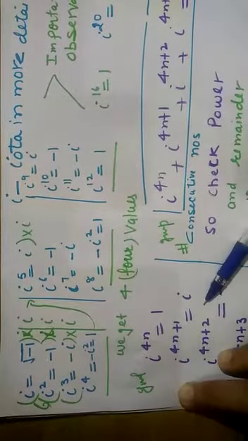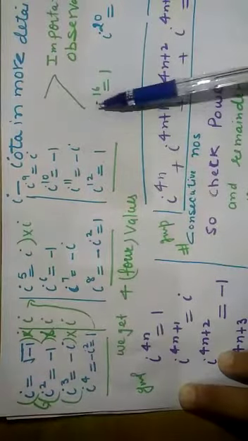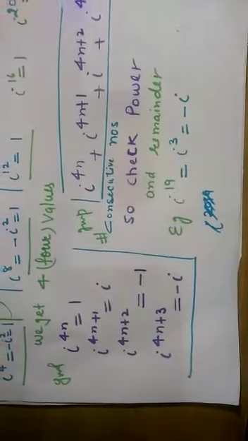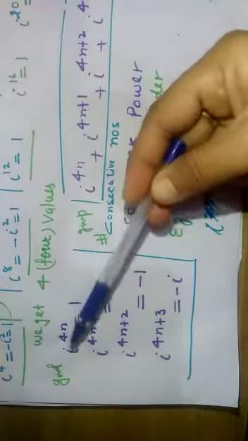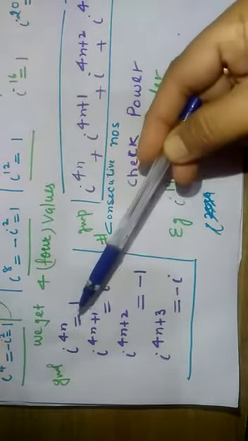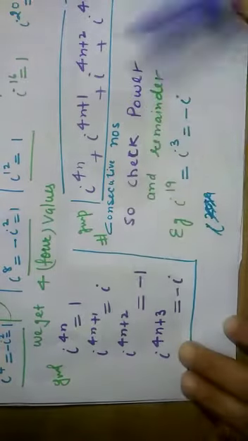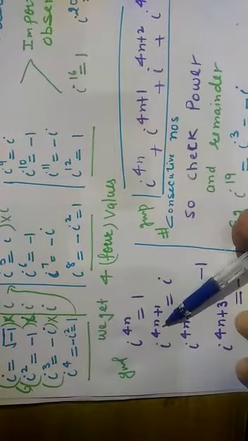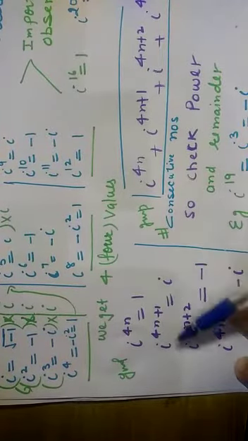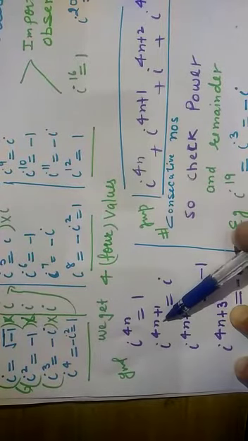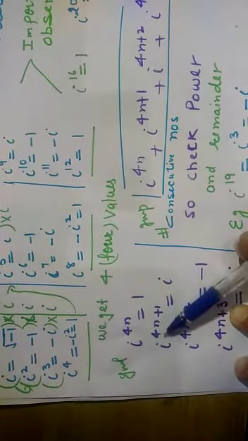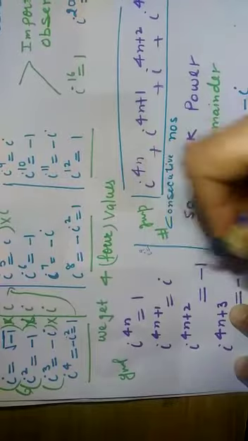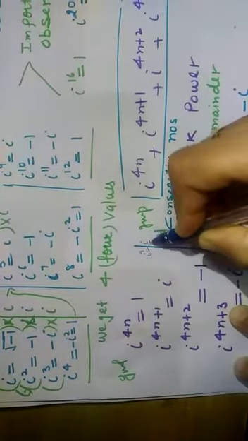So I have made the general form from this above observation. This is a very important observation. As you can see, I am getting repeated values. Here iota raised to a power that is a multiple of 4 will always give me the value 1. And in iota raised to power 4n plus 1, 4n is a multiple of 4 and 1 is the remainder here. You can put any value. If I put the value of n as 2, then 2 multiplied by 4 is 8, 8 plus 1 is 9. If I have iota raised to power 9, then what will I get? The result will be iota.